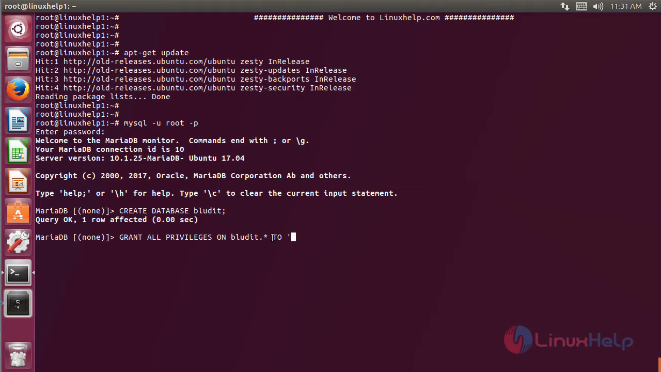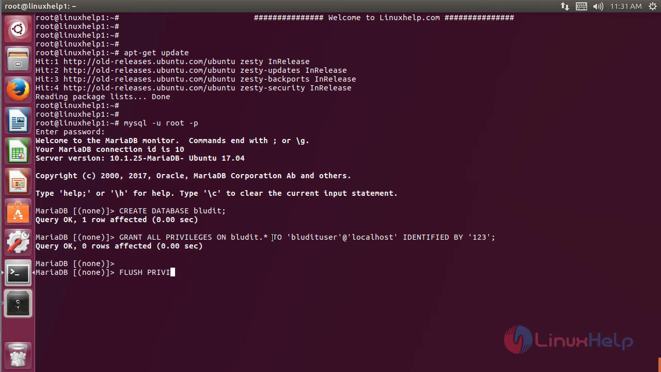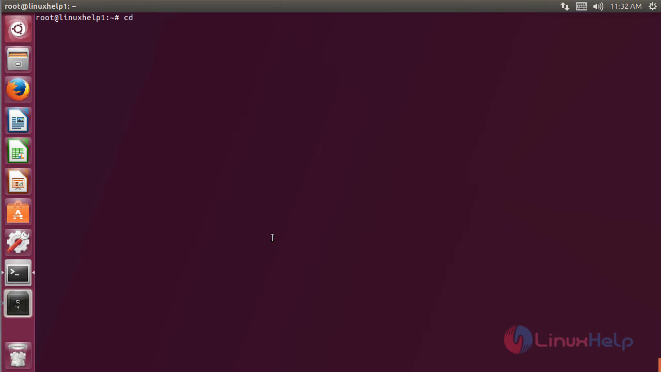Here we can choose the username, and then here we can choose a password for this user. Now we have to flush the privileges, then hit enter. Then we have to exit from this database console using the following command. Then hit enter. Now we have to change directory into /tmp,